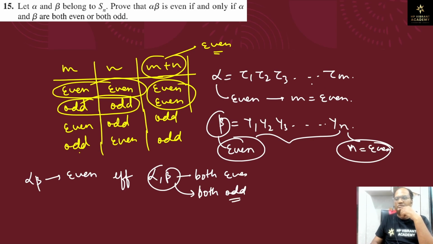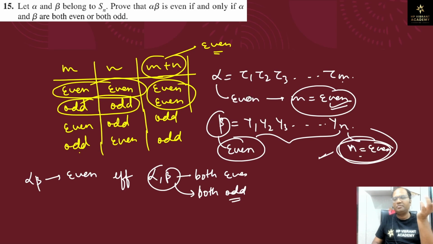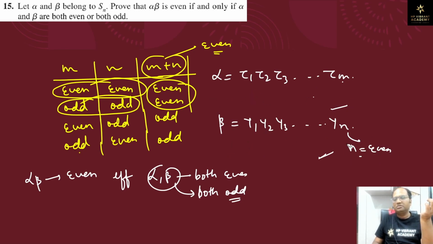ठीक है, तो देखो दोनों को, अगर अल्फा को हमने इवन ले लिया, बीटा को भी इवन ले लिया, तो एम की वैल्यू क्या होगी, इवन हो गई, और एन की वैल्यू भी इवन होगी, तो एम प्लस एन की वैल्यू क्या होगी, इवन होगी। अब दोनों को ऑड ले लो, अल्फा बीटा दोनों को ऑड ले लो, तो अल्फा बीटा ऑड लेने पे क्या होगा, जो ट्रांसपोजिशन होगा वो भी ऑड होगा। लेट अस रिप्रेजेंट दिस।